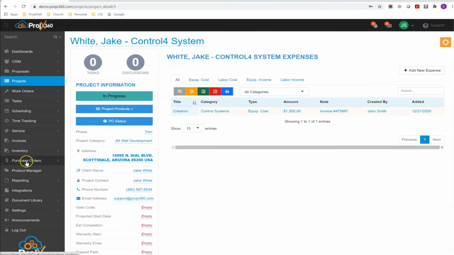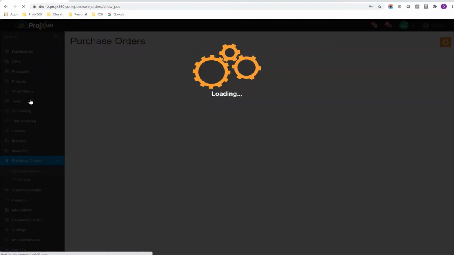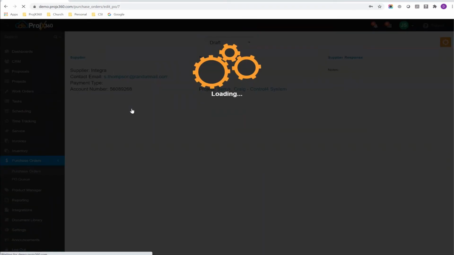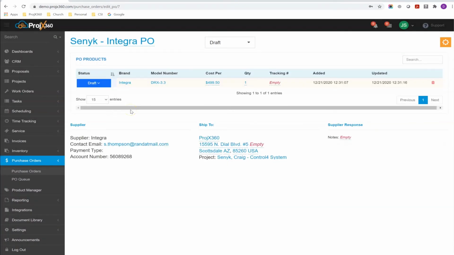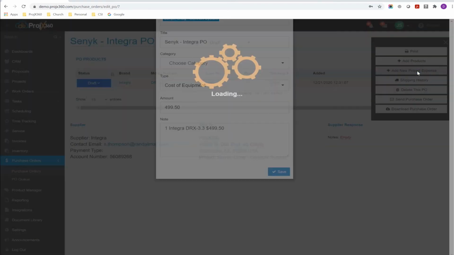Another way that expenses can be added is from POs that you have. So if you've created a purchase order, so if we go to our purchase order list here of open purchase orders, if we created a PO, we can click on it, and it can still be in draft mode. You don't have to receive it at this time. So as you create purchase orders, you can actually add it as an expense. So right from the purchase order, if you go to the cog here and go to add a new project expense,